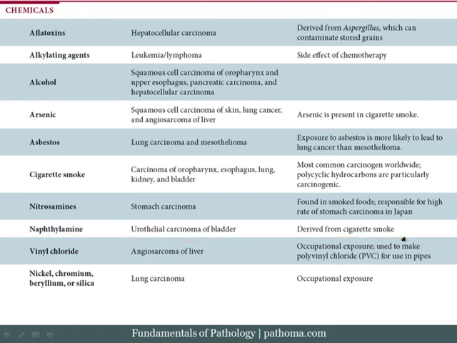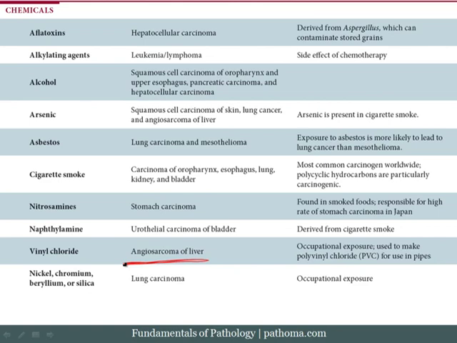Vinyl chloride is associated with angiosarcoma of the liver. And this is important because it was an important epidemiological study that determined this association. Basically, there was a group of workers that were exposed to vinyl chloride, and a large number of them developed angiosarcoma of the liver. That occupational exposure was well studied, and so therefore it makes for a high yield question. In particular, those workers were using vinyl chloride, and you know that vinyl chloride is one of the substances